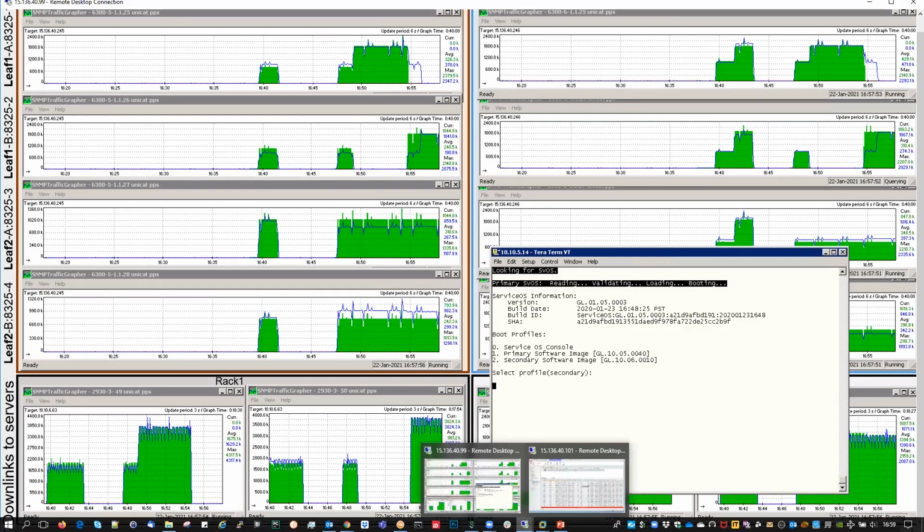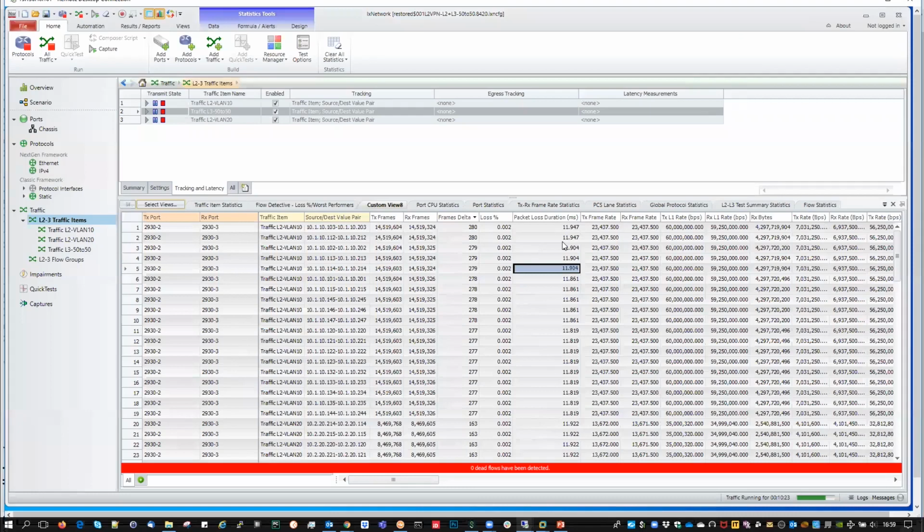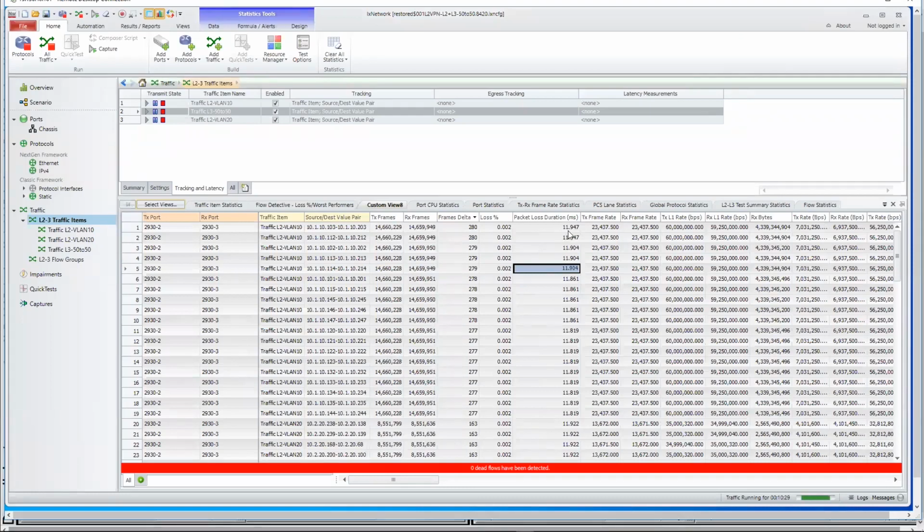So that was after the graceful shutdown. Now let's check if the reboot itself has an impact. No, because all the traffic was drained out of the VSX primary. So the rebooting VSX primary has no impact at all on the traffic that was not crossing any circuits connecting to the VSX primary at this time.